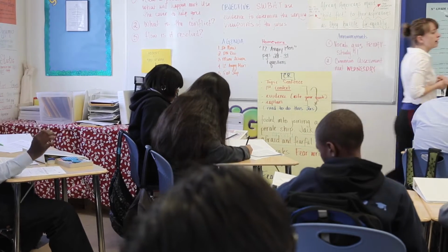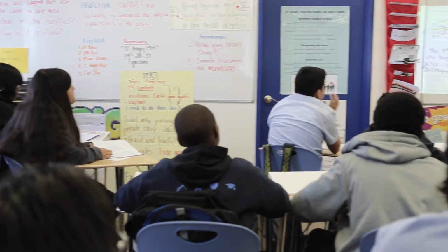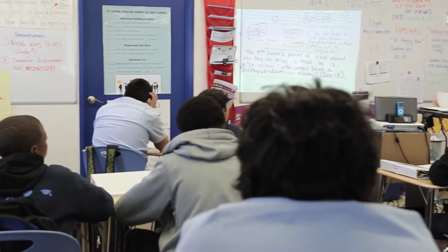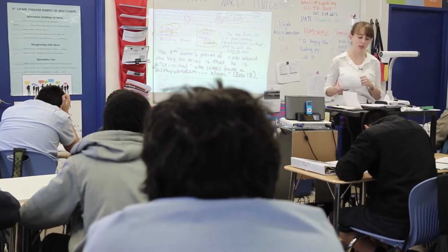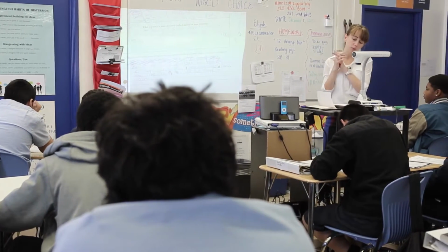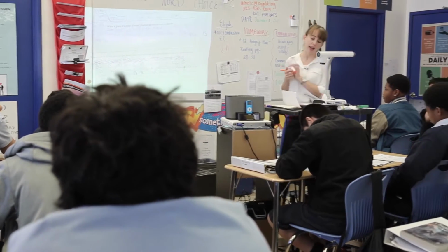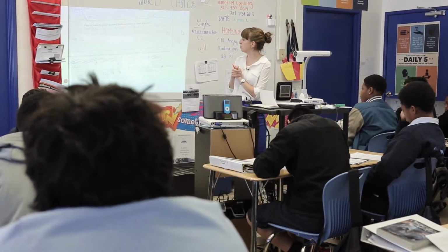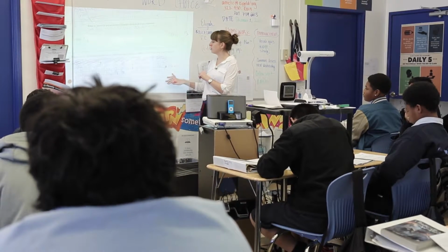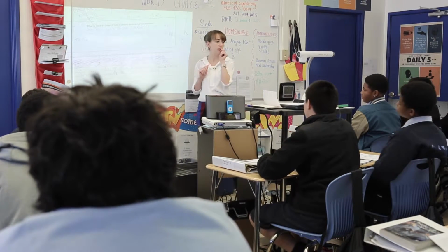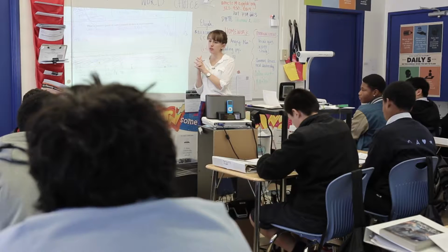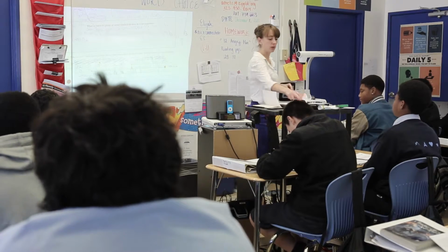Great. Please place your eyes up on the overhead so I can show you a good example of student work. If it ever does that, do you mind just turning it off for me? All right. So let's take a look at artist's. The fourth juror's point of view about the boy's knife is that he is telling imaginative fables, rows 18, when the boy told his story in court. What's artist's diction right here? What does he use? Romel? Imaginative fable. Yeah, very nice job. All right, let's move on.